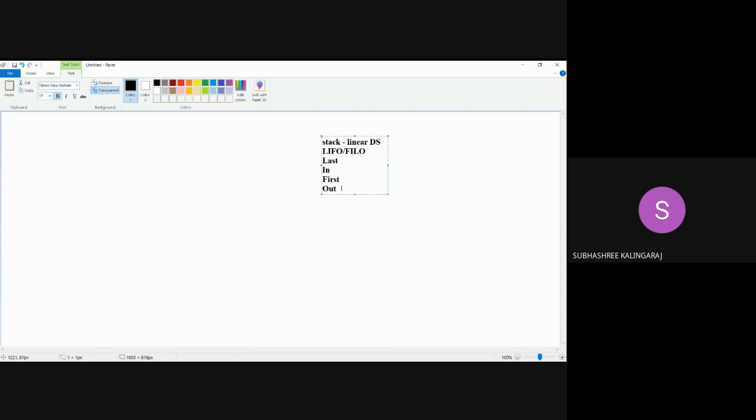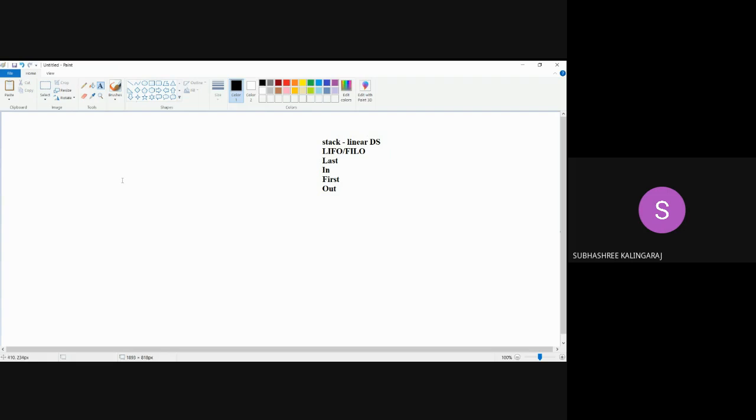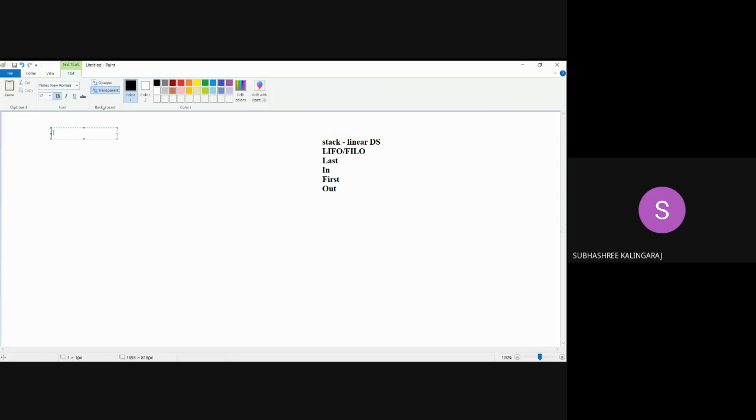Last in, first out order. And then, when it comes to the operations, you have to insert an element into the stack. So consider a stack of size